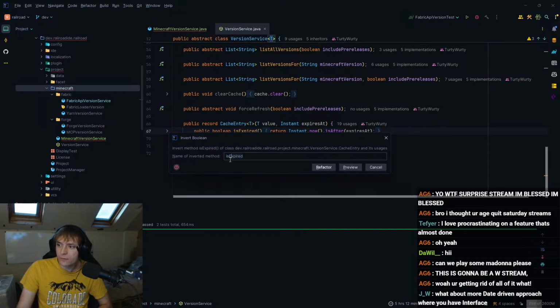So what would the opposite of expired be? What's the opposite of expired? Valid? I mean, valid. I don't know that valid is necessarily the right word. I'm gonna Google it. Okay. Is the opposite just non-expired?